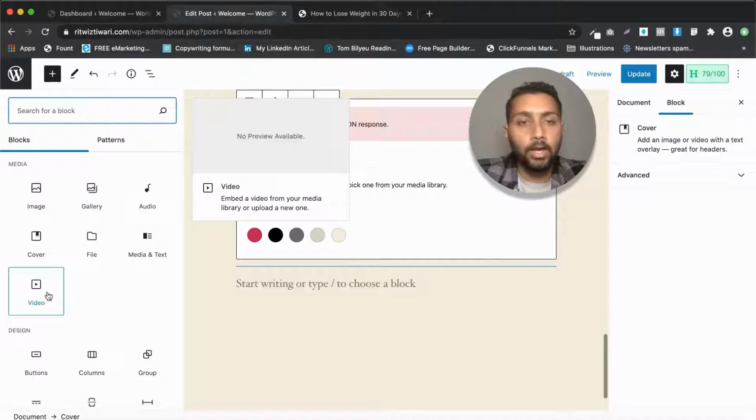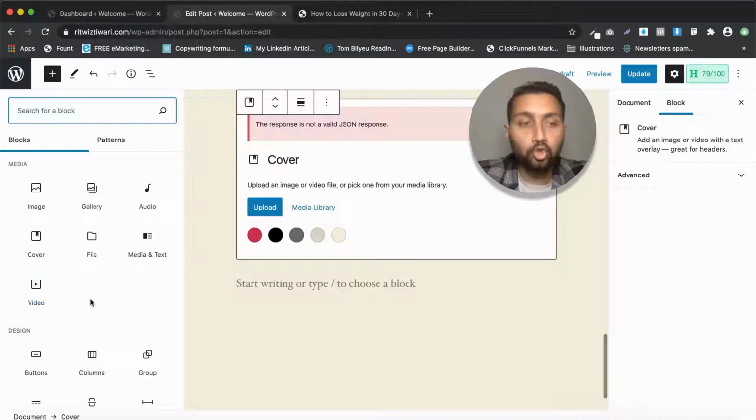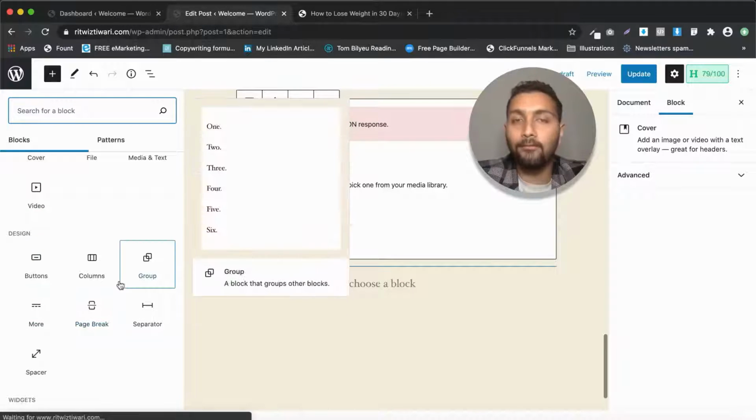Okay, so video, just like we uploaded an image, you can upload a video as well on your website, and you can then add it into your blog post. Okay, but I won't recommend you do that directly, because when you upload a video on your website, it's going to get saved on your server, and it's going to make your server heavy. But instead, what I recommend is that you upload it to YouTube and embed it into your website, and I'm going to show you how, because there is a block available for that as well.